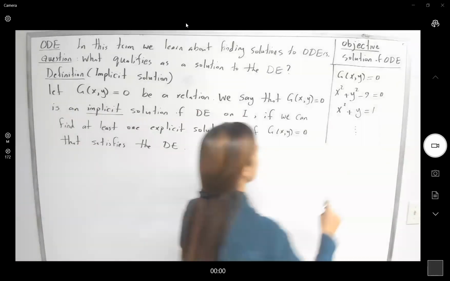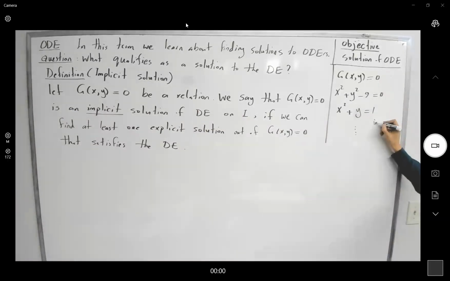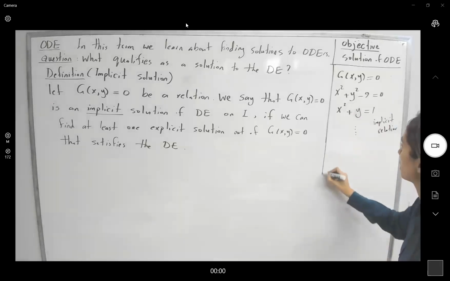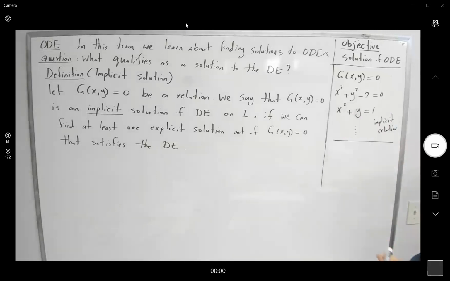So again, remember that these are the types of implicit relation. It means that your x and y are combined on one side, but when you're talking about explicit solution or explicit function or explicit relation,